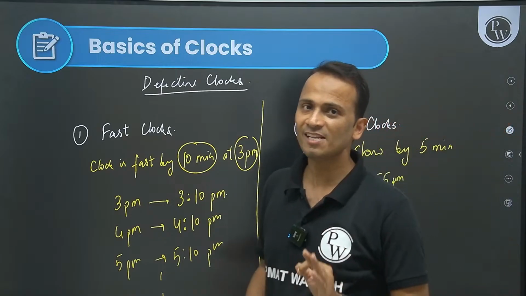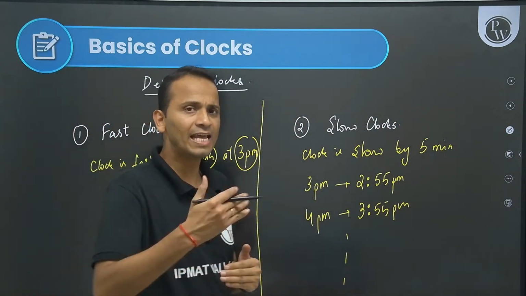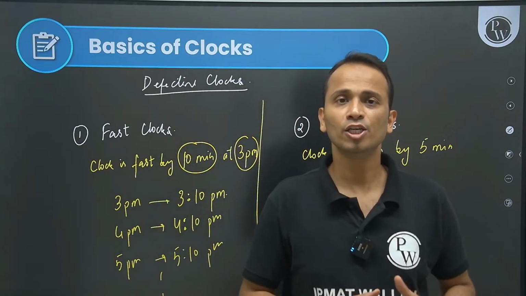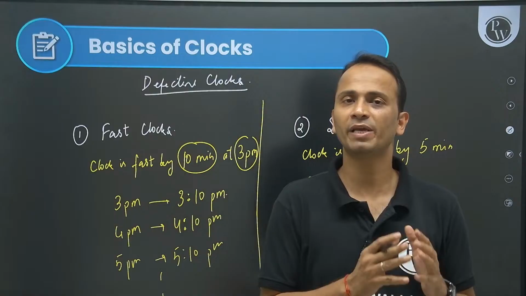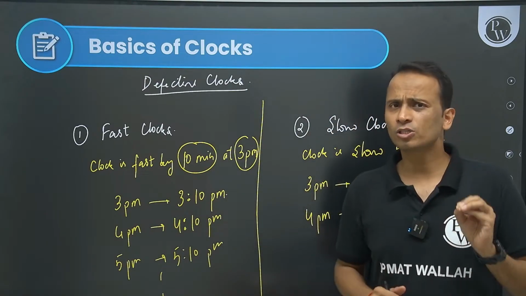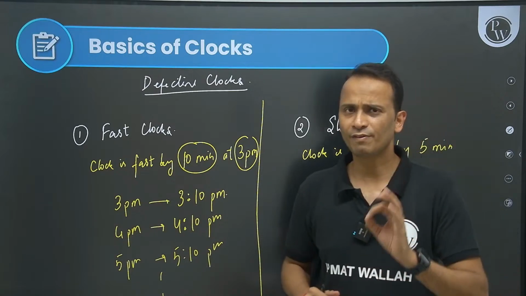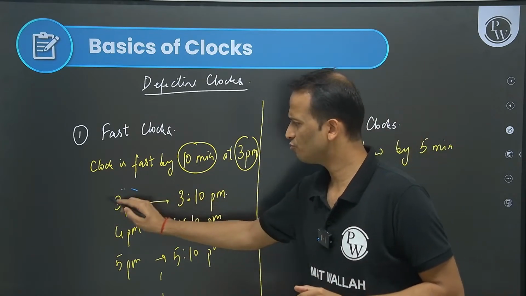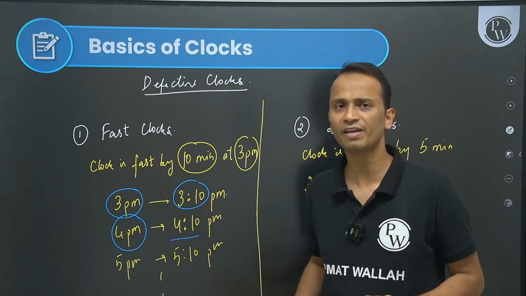Now if nothing else is given, okay, so fast clock क्या है? Clock 10 minutes आगे का time show कर रही है. Slow clock is the clock which shows a time which is behind the correct time, right? Now, are these clocks defective? This is what we'll have to interpret from here. Okay? Now, fast clock क्या है? हर बार 3 o'clock पे 3:10 शो कर रही है, 4 o'clock पे 4:10, 5 o'clock पे 5:10 and so